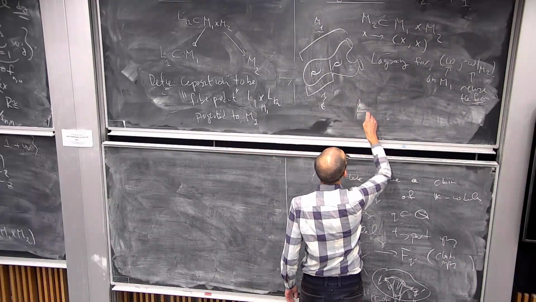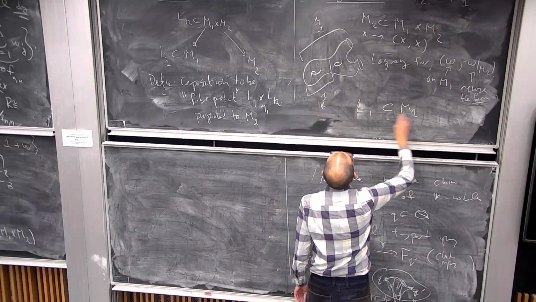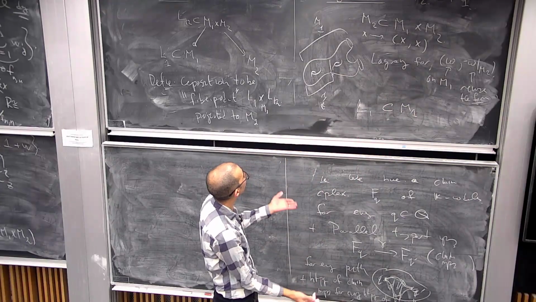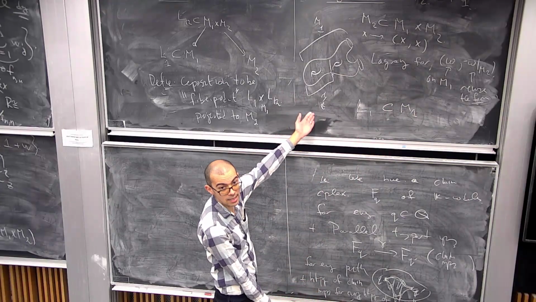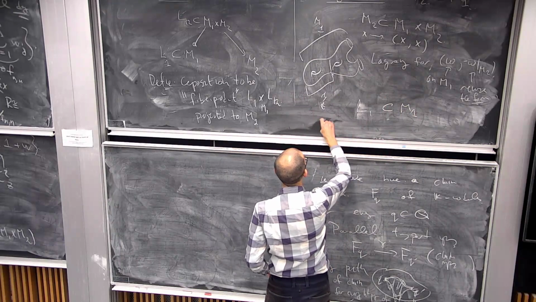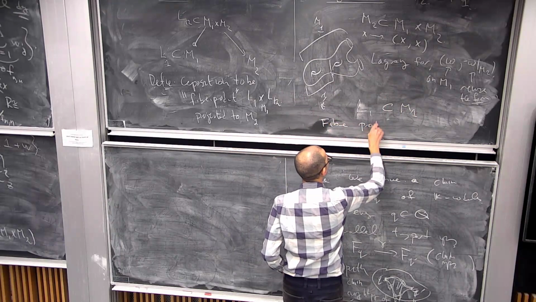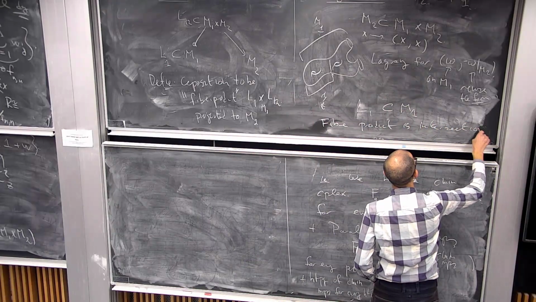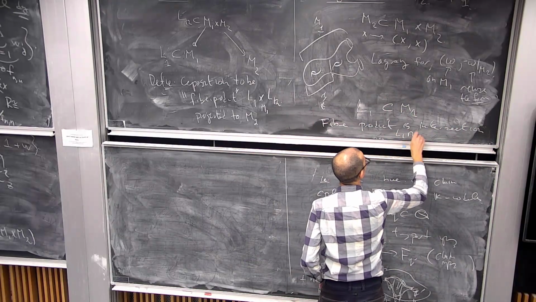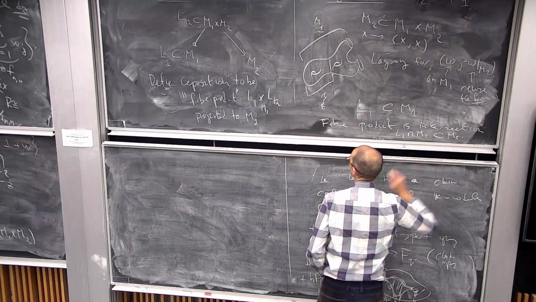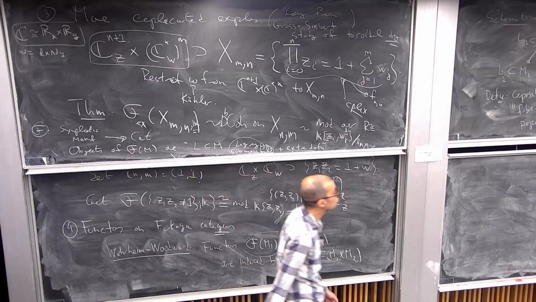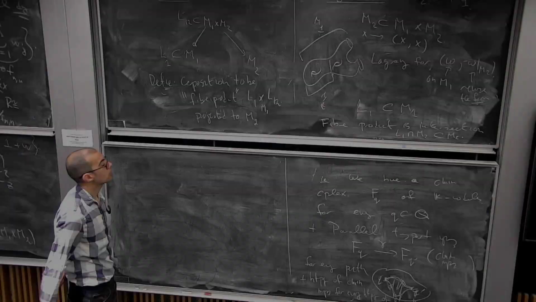Okay, so what does this do? So now I take some Lagrangian L1 inside M1. Yes, M1, the bigger thing. And I take this fiber product. But there's not much of a fiber product to take because M2 is just a subset. Then the fiber product is just the intersection. This is one of the simplest possible things you could do. You could just intersect. Okay, so we have a theorem